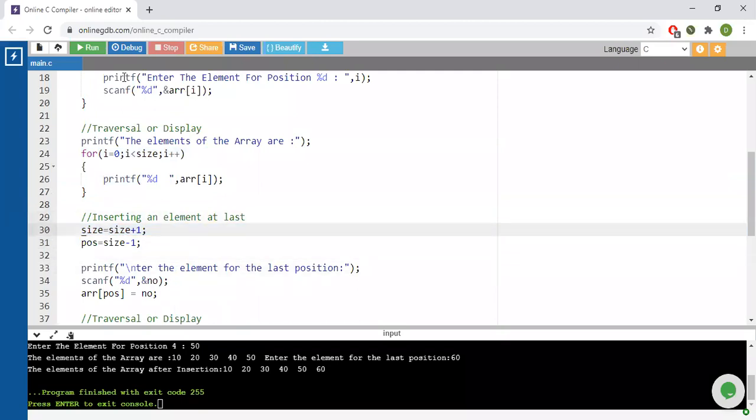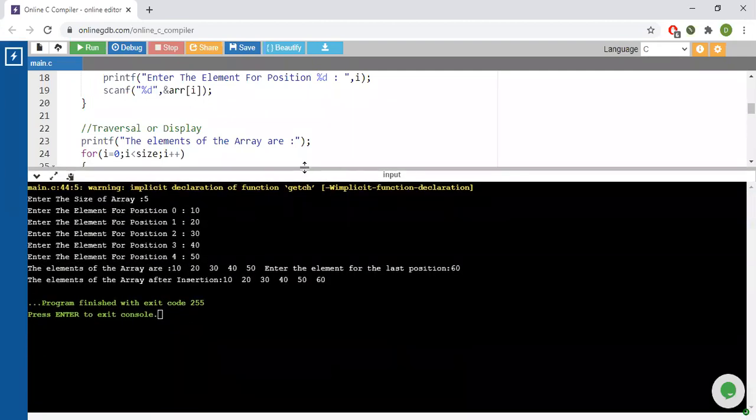Then we have asked again, since the insertion will be at the last element, we have increased size plus 1 and we have taken position as size minus 1. Why size minus 1? Because if the size is increased from 5 to 6, then see what I want to tell you, students. If we consider array size to be 5, the last element is at position 4. So position will always be 1 less than size. So here the last element is at size 6, but at position 5: 0, 1, 2, 3, 4, 5. That's why.